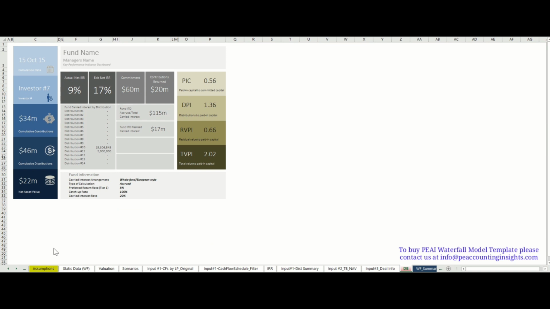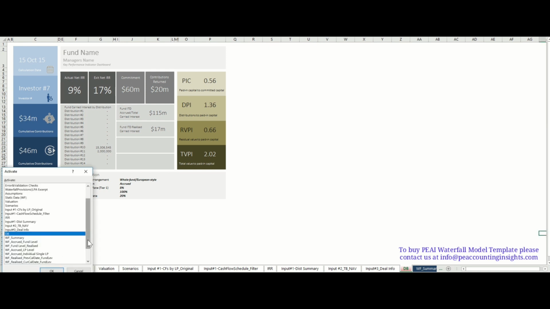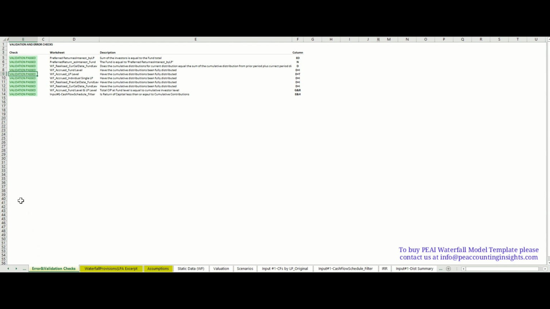Great, so next we'll move on to the error and validation check. As well as navigating along here, we can also right click this particular area, and that gives us all the various worksheets to go to. It's up to the user. This is my preferred method. I like to use this as it's quite easy to navigate between worksheets, particularly when there's quite a few of them. So if we go to the error and validation checks,